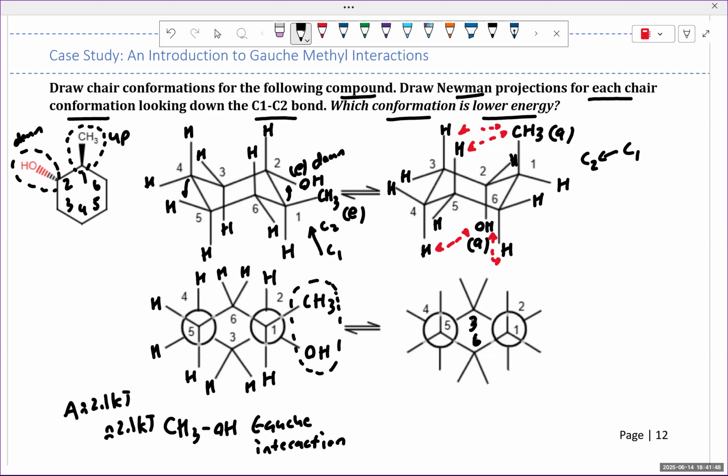So looking down the C1, C2 and C5, C4 bond, on carbon 1 we have our methyl group and a hydrogen. Carbon 2 we have a hydrogen and the hydroxyl group. Carbon 3 we have 2 hydrogens. Carbon 6 we have 2 hydrogens. Carbon 4 and 5 we have 2 hydrogens. And this really lets us see the true nature of the